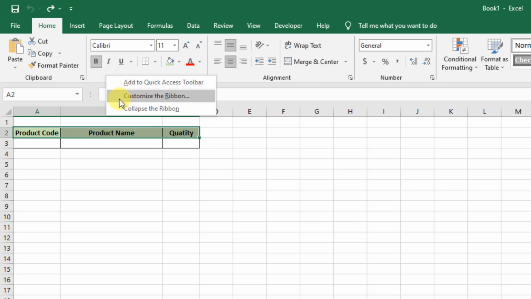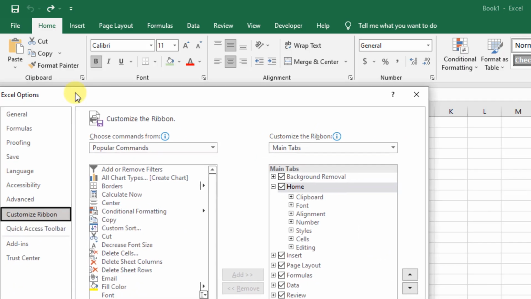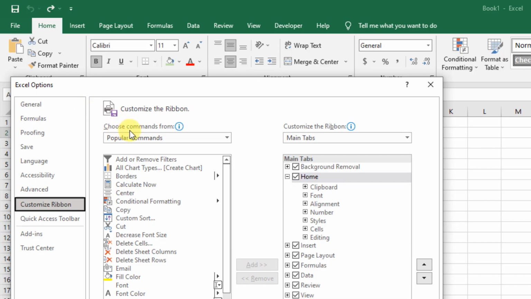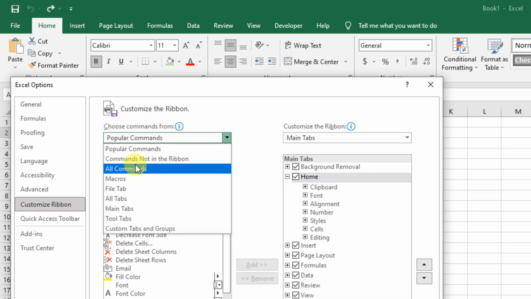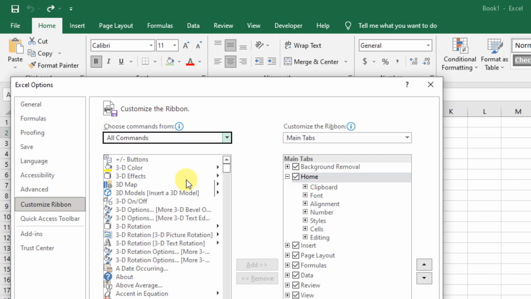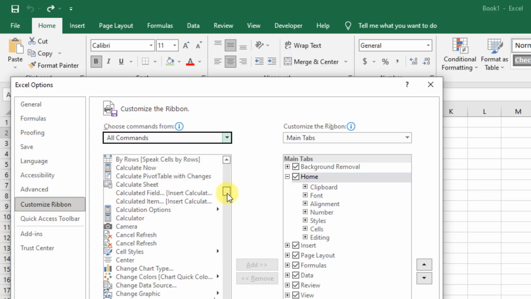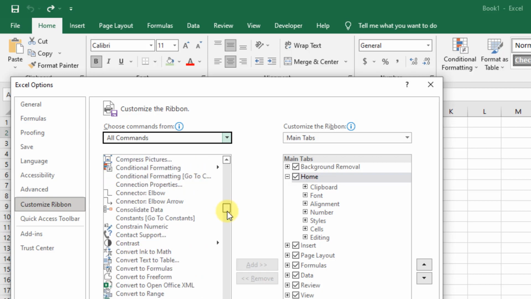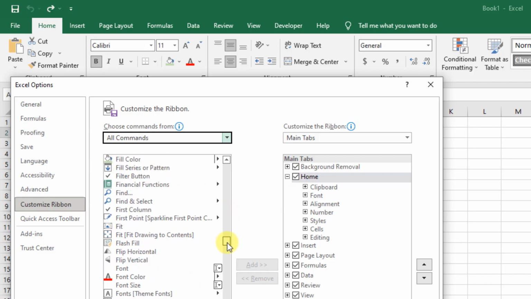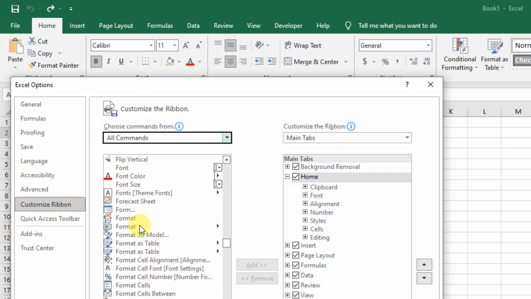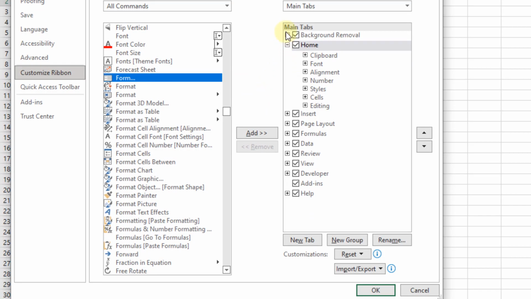and choose customize the ribbon, and then you choose command from. You select all commands and scroll down to find form. Okay, here, and on the right side you can